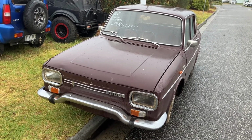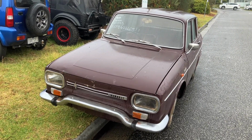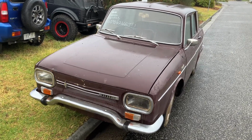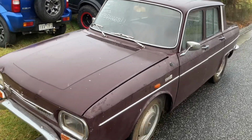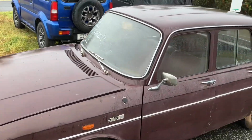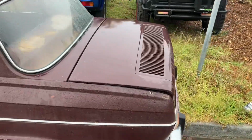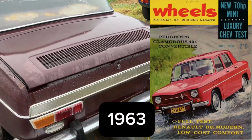Okay, here's my Renault 10. People might say, why? I don't know why. I just like them for some reason. Four-wheel disc brakes, pretty good. Car of the year, Wheels Car of the Year. Not sure exactly the year, but I think one of the first cars of the year they awarded was to